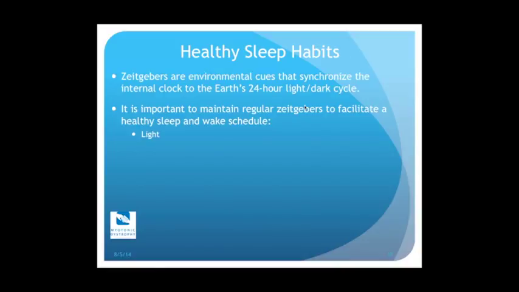So let's talk about some specific examples of zeitgebers. Light is by far the most important and well-researched zeitgeber to help regulate our sleep and wake patterns, and we'll talk more about that in a second. Exercise: if you stop and think about it, our body is looking for any cues to let us know what time of day it is. So if you exercise at a normal time every day, say in the morning, that's a cue for your body as to where you are in the day-dark cycle. Social interactions.